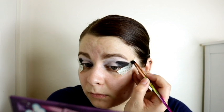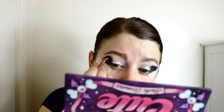And it is going to look kind of messy until I get all the other shades on and get blending everything out. So just kind of be aware of that if you are ever going to attempt to redo this look. And I am kind of taking it above my crease. Okay, so now that that looks all kinds of messy and crazy,